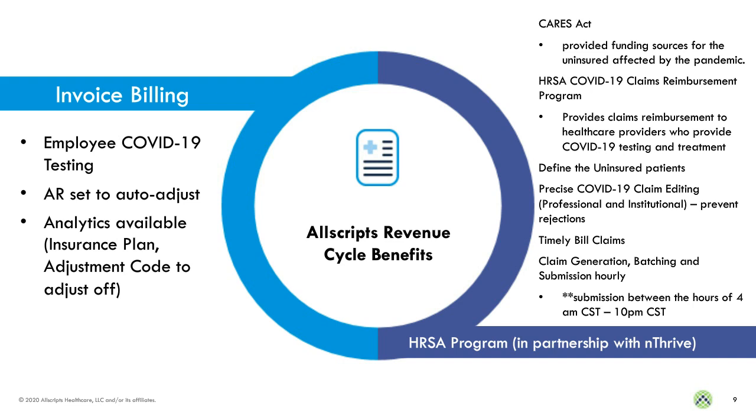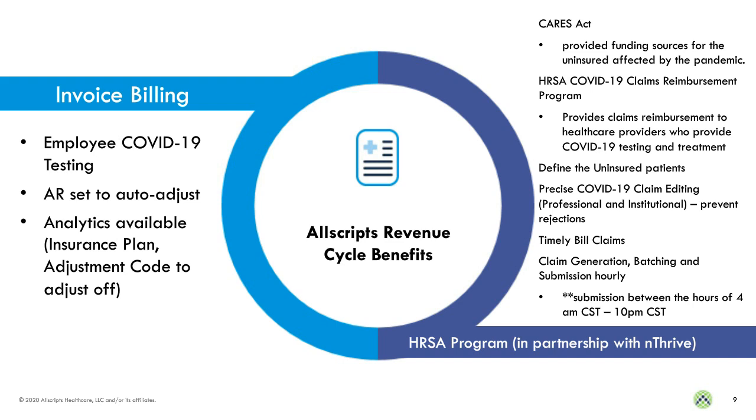The second use case leverages our strategic partnership with Enthrive. The HRSA COVID-19 Claims Reimbursement Program provides reimbursement to healthcare providers that provide testing and treatment for uninsured individuals affected by the pandemic. There are two key factors here. One, you must enroll as a provider, and two, upload the eligible patient roster to the portal to obtain a temporary ID. With our Sunrise solutions, you can create a visit, assign an HRSA insurance plan with that temporary ID